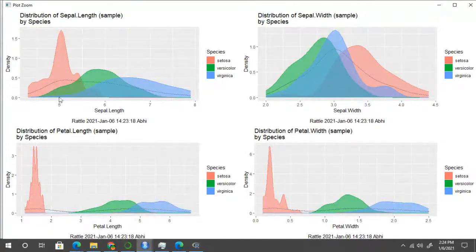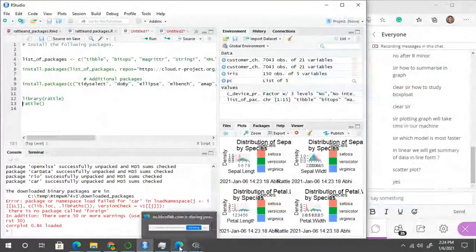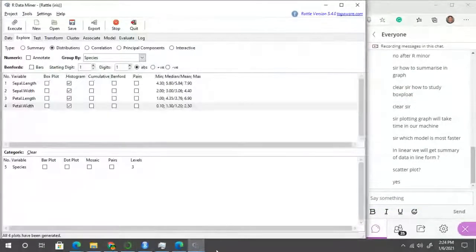Virginica will represent the values from this point to this point. In this manner we have to demonstrate all the graphs for sepal length, sepal width, petal length, and petal width, and we have to classify which type of species it is.